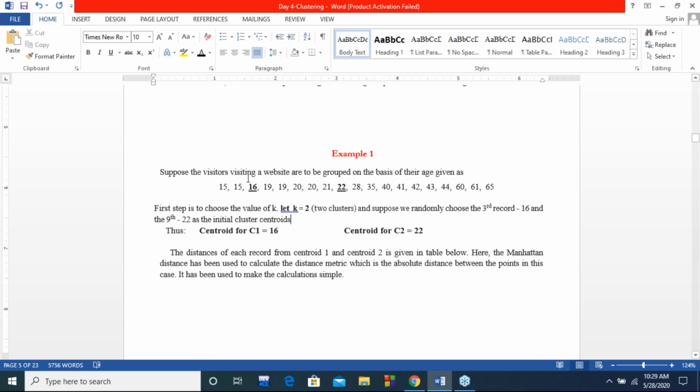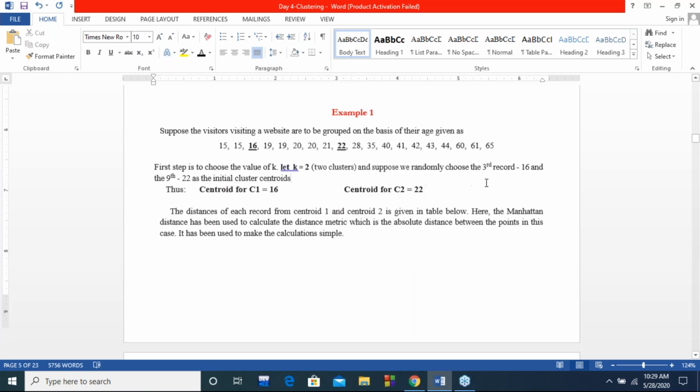तो हमने initially मान लिया कि जो पहला cluster है उसका centroid 16 रहेगा और दूसरा cluster है उसका centroid 22 रहेगा. We can choose any initial centroids, like we can say that first is 19, the second is 65. Any cluster centroids can be chosen as the initial seed record. So now let us see